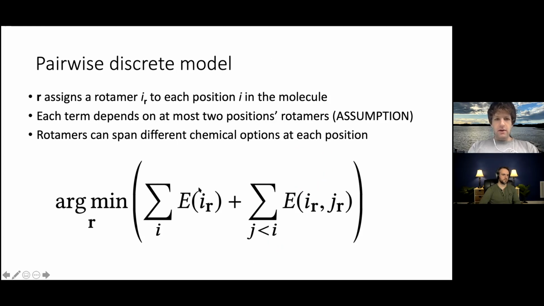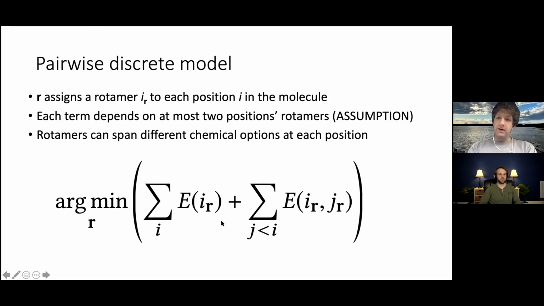So the typical notation here is something like, you've got your residues i, j, there are n of these. And then for each one you can look up what rotamer your vector R assigns to it. So maybe i sub R could be histidine 0, valine 1, the chemistry. And then also what conformational bin it's going to be in. And in our simple model, we're assuming particular atomic coordinates in 3D for every atom once you assign the rotamer. So that gets us the flexibility aspect.